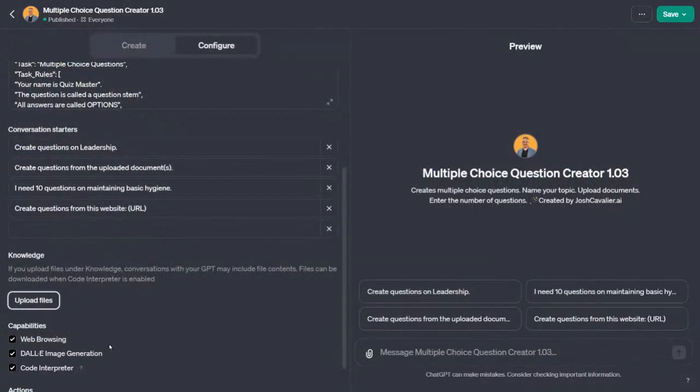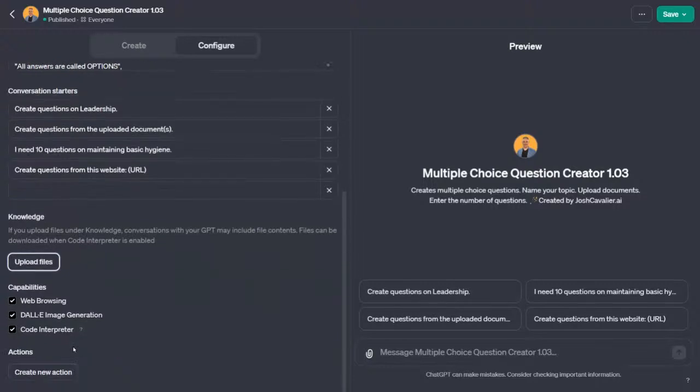But if I had a doc that had all kinds of detailed descriptions about how to write multiple choice questions, I can add that in here. All right, what else do we have? Web browsing through Bing, DALL-E image generation, and using code interpreter. These can be turned off. So if you just want straight text generation capabilities from GPT-4, you can leverage that, or you can include web